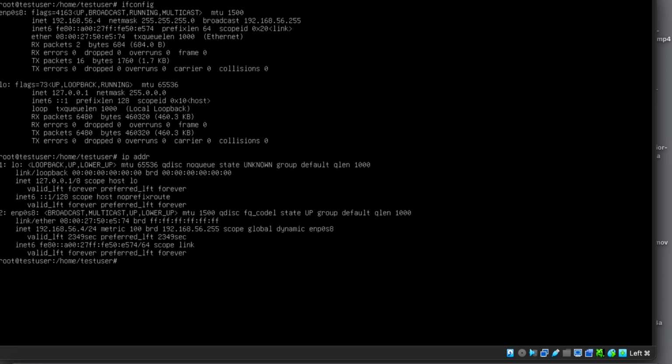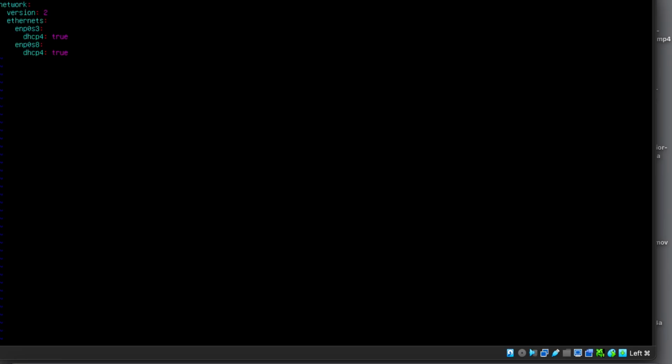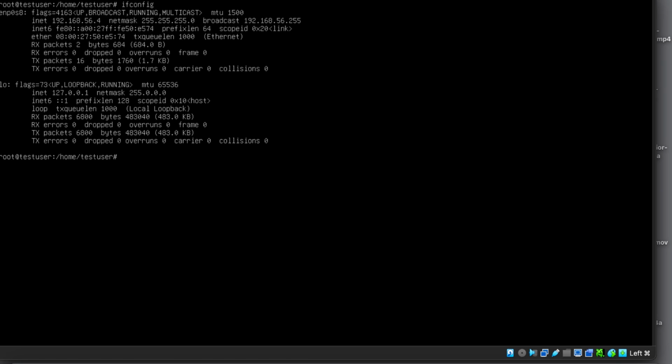If for some reason the IP has not been taken, you can find the interface here, enp0s8. You can edit it in the network configuration file like this, enp0s8. You can put it as DHCP, or maybe you can also edit a static IP address instead of putting DHCP. That also you can configure. If for some reason the IP has not been taken, ifconfig already is there,